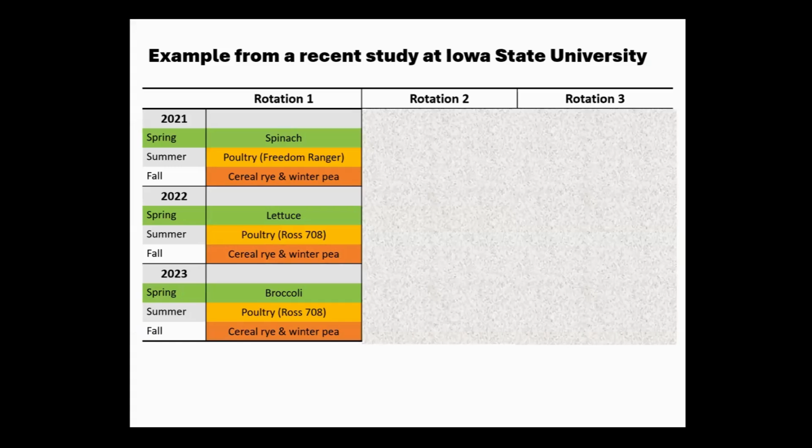So I told you a couple of rotations, and this is an example. This is something I want to highlight through this webinar: how can you integrate and think creatively? These are 3 of the years our research study conducted, in 21, 22, and 23. You can see we had one rotation where we had spinach as the spring crop. And after the spinach was harvested, sometime in the beginning of June, we introduced the poultry